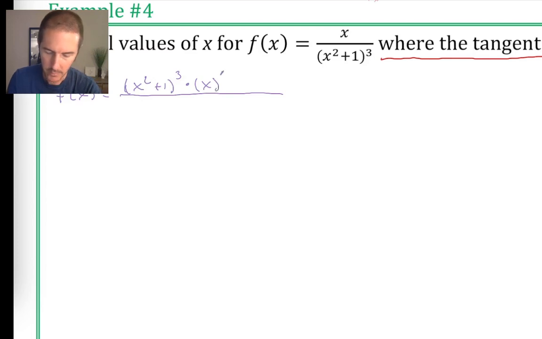I'm going to write that as the numerator with a prime on it, minus low d high minus high, which is x, times d low,